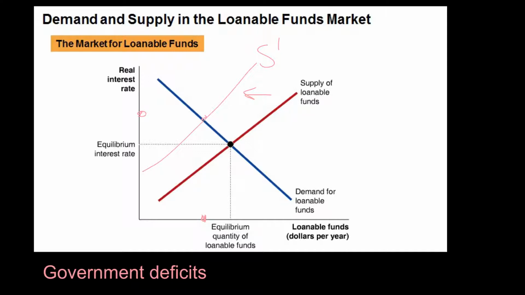You also see that we end up with a lower quantity of loanable funds, and so the existence of the government's deficit is actually reducing investment in the economy. And this is one of the reasons that you will hear people talk about government deficits in a negative way for the economy, that it is reducing the amount of investment that's occurring and leading to less capital per hour worked, less technological change, therefore less labor productivity growth, and less economic growth.